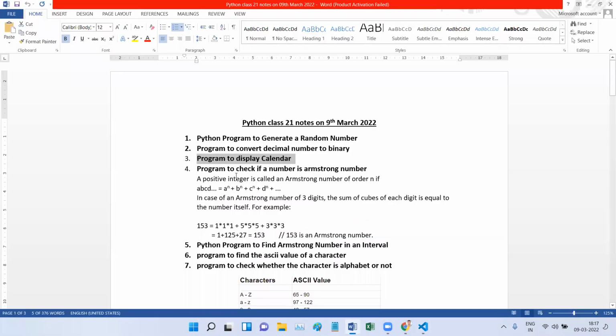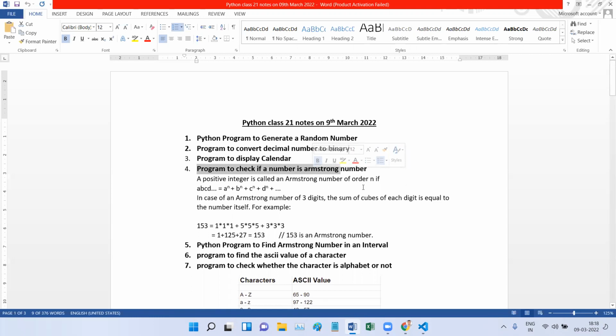The next program for us to do is to write a program to check whether a number is an Armstrong number or not. This looks important. If you have Python as your exam coming up, please go through this. This is most important in terms of exams. If you have Python as a lab, it is also most probable that you might get this program in your lab exam.